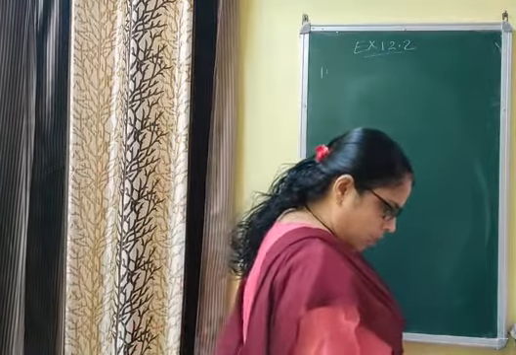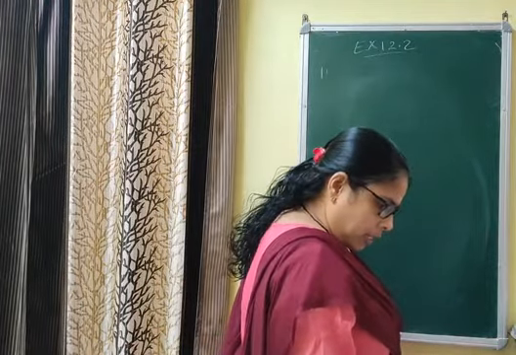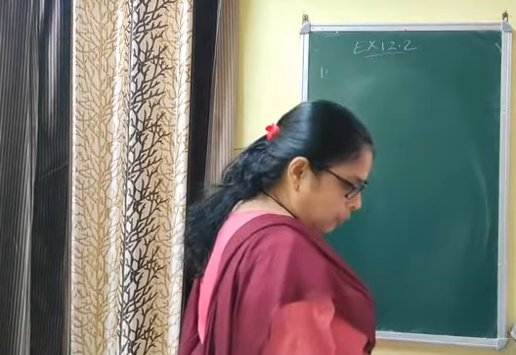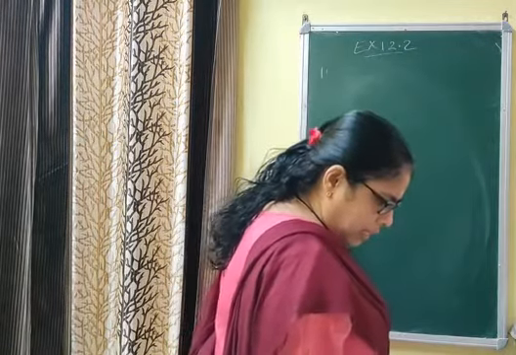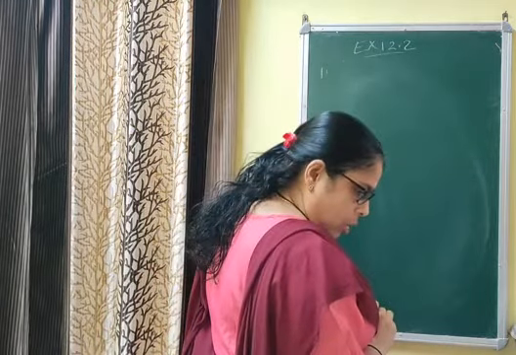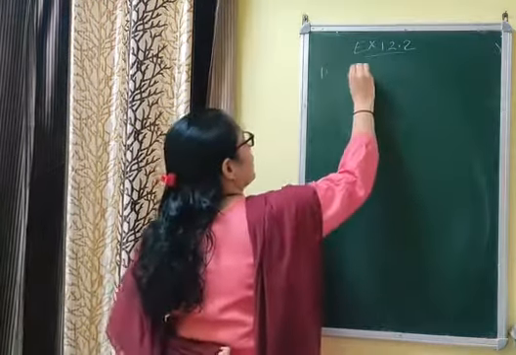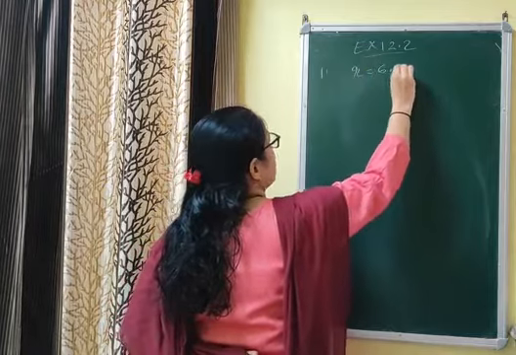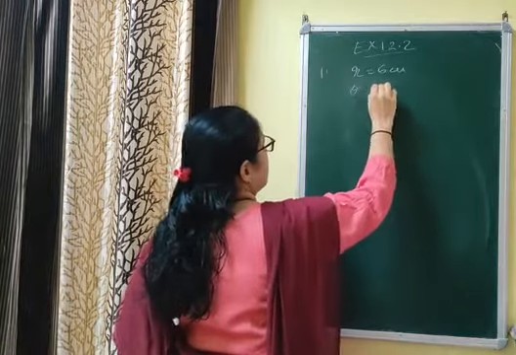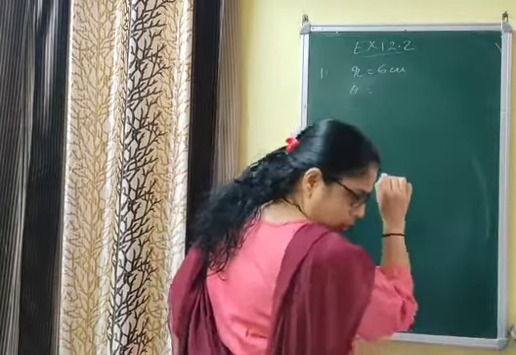Find the area of the sector of a circle with radius equal to 6 centimeter and if the angle of the sector is 60 degree. You are given that you have to find the area of the sector of a circle of radius r. R means radius, 6 centimeter, and the sector angle we used to note as theta. Theta is equal to 60 degree.